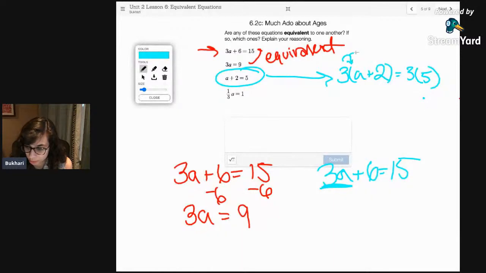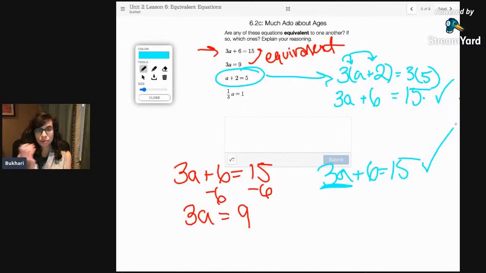Remember your distributive property here. 3 times a is 3a. 3 times 2 is 6. 3 times 5 is 15. This looks exactly like what we were talking about before. And so equivalent equations are just equations that have some sort of manipulation done to them, some sort of operation,